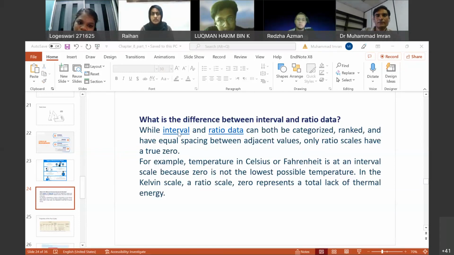I'm repeating again. What is the difference between interval and ratio? While interval and ratio data can both be categorized, we know. Ranked, we know. And have an equal space between values, meaning interval, we know. Only the ratio scale has a true zero. For example, temperature in Celsius or Fahrenheit is an interval scale because zero is not the lowest possible temperature, so it can go beyond zero. But the Kelvin scale is a ratio scale, where zero represents a total lack of thermal energy. Zero means no energy. Zero sugar means no sugar. Understand? It has a zero value, and we cannot go beyond zero. Okay, that's all for